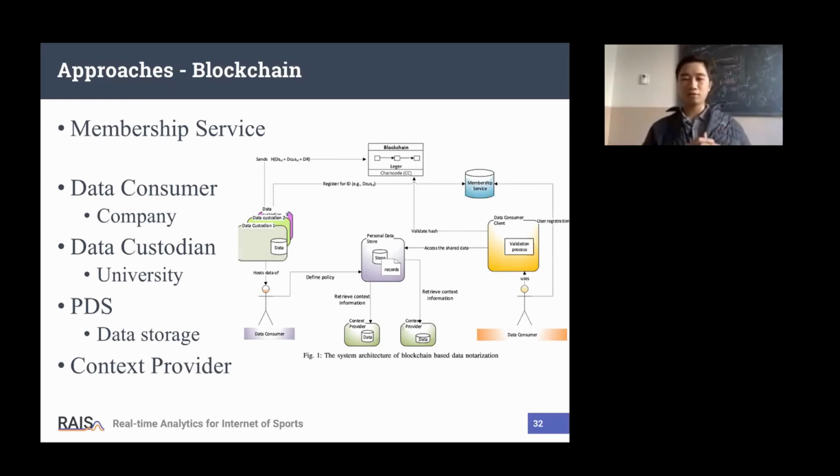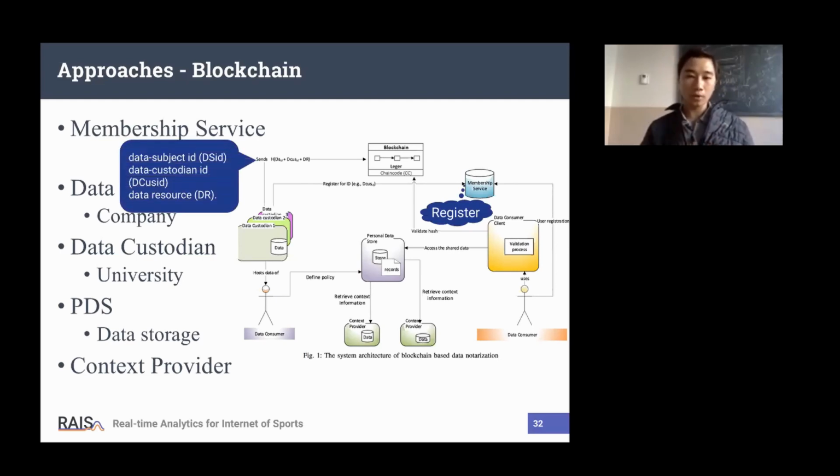Before validating the information in her application, the company needs to register in the system first. After that, depending on the registration requirement, the data custodian will create the key information and the value of this key by combining three pieces of information.